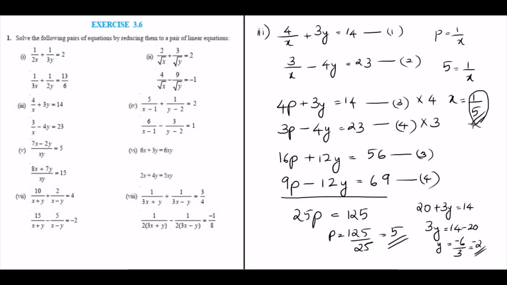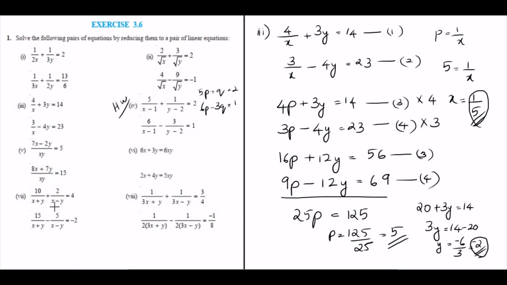So the value of x is 1 by 5 and the value of y is minus 2. The fourth question, you can write p in place of 1 by x minus 1 and q in place of 1 by y minus 2. So here you will get 5p plus q is equal to 2 and 6p minus 3q is equal to 1. After reducing them to a pair of linear equations, you can use any of the algebraic methods and find out the solution for p and q and then substitute in place of p to get the value of x and